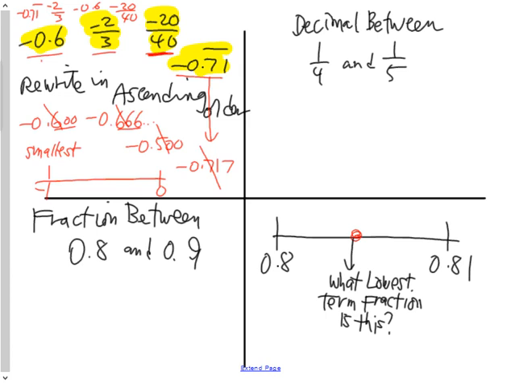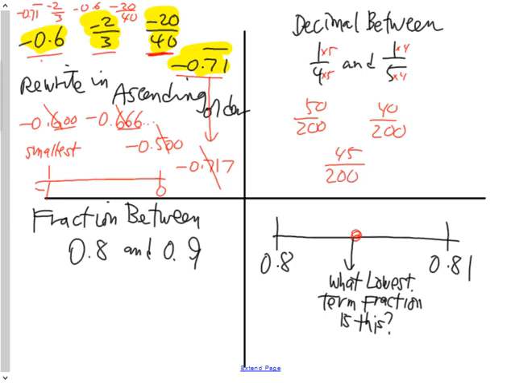Second one asks you to choose a decimal that exists between the fractions 1/4 and 1/5. Now, there are 2 ways to do this as well. The first way you could do it is you could change them to fractions that are not in lowest terms. And then you could say, okay, if I put a 0 on both of these or multiply both by 10, I would create an equivalent fraction of 50/200ths and 40/200ths. A fraction that would exist between those two